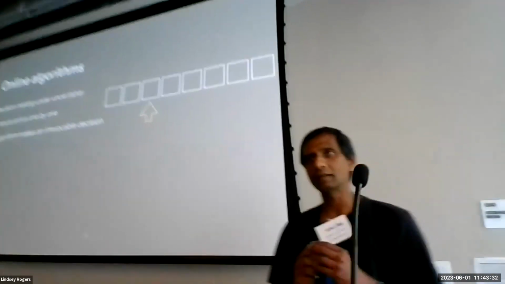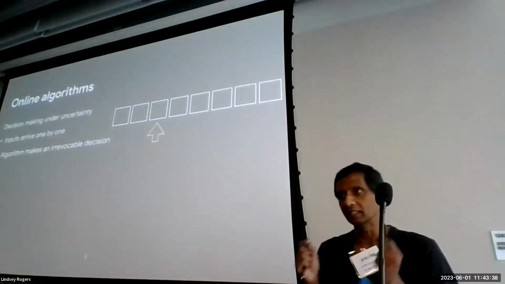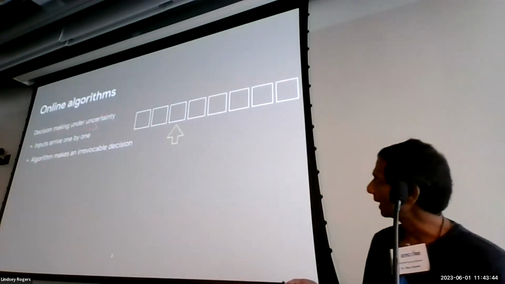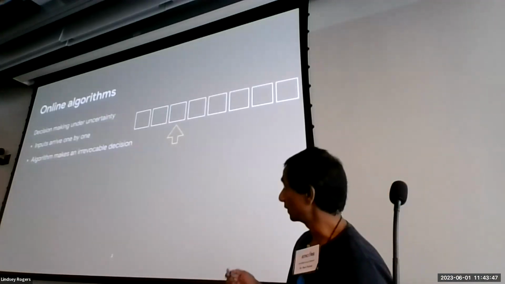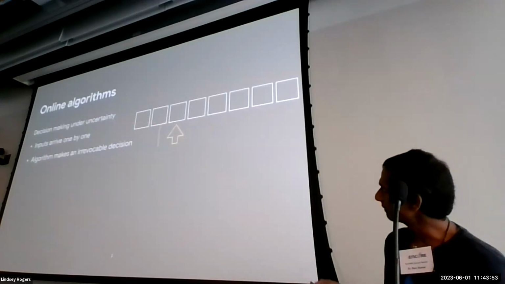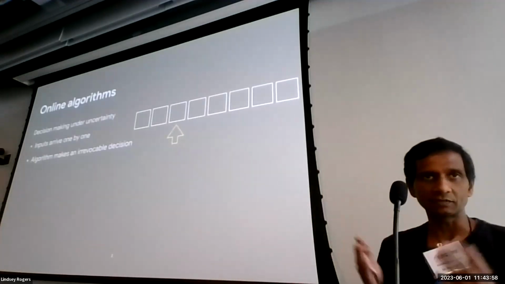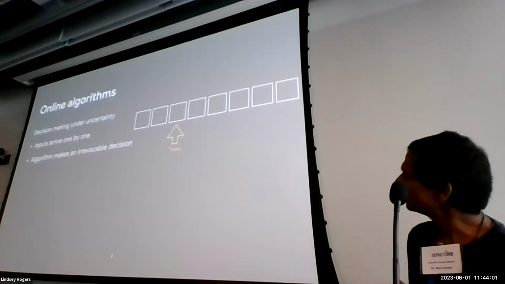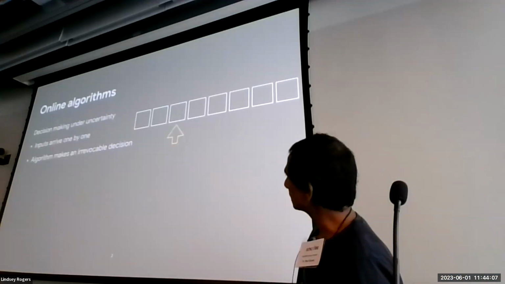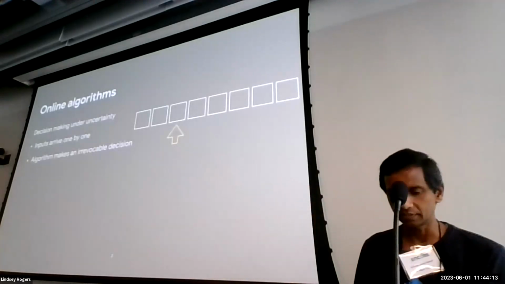So online algorithms are a great way to capture decision making under uncertainty. We want to make a decision, an algorithm wants to decide about something, and we don't know what's going to happen in the future, and you want to capture that through this concept of online algorithms. In the simplest model, inputs arrive one by one, and the algorithm looks at each input and wants to decide something. We'll come to the exact examples of what these decisions could be. Once it makes a decision, it cannot undo it. It's committed to the decision. And we want to design algorithms that do the best without knowing what's going to happen in the future. This is the online algorithm setting.